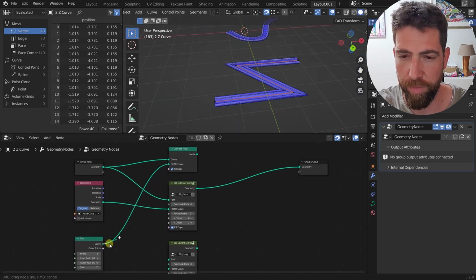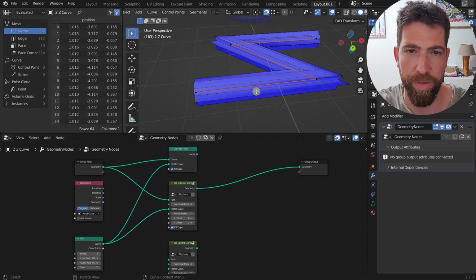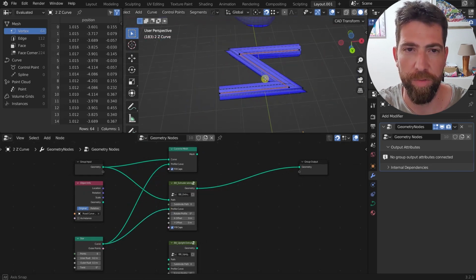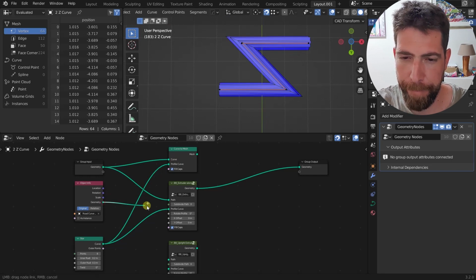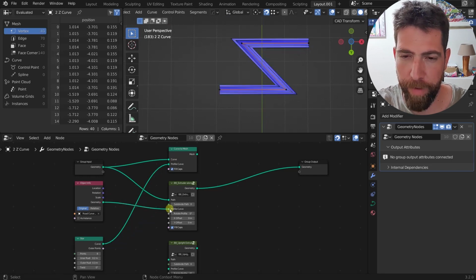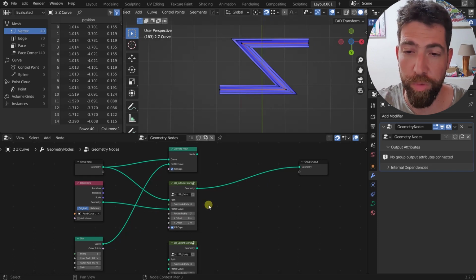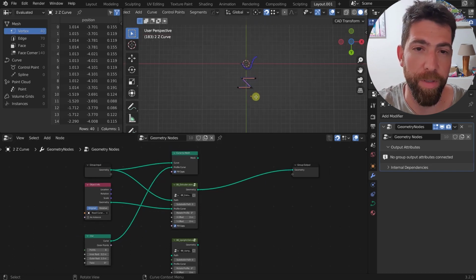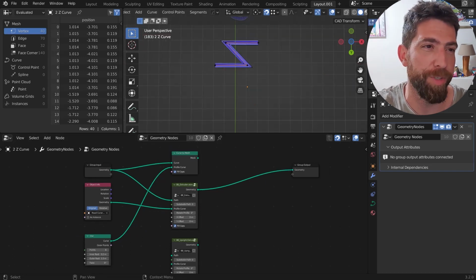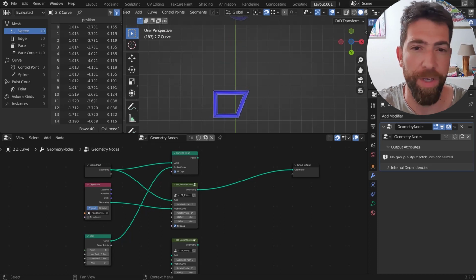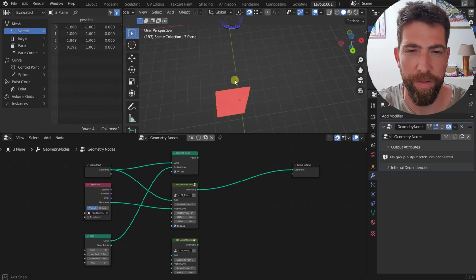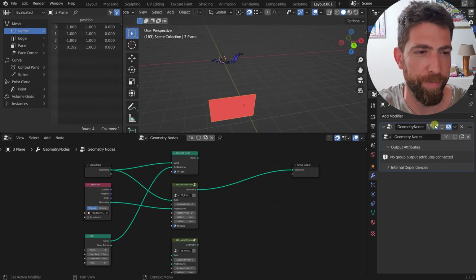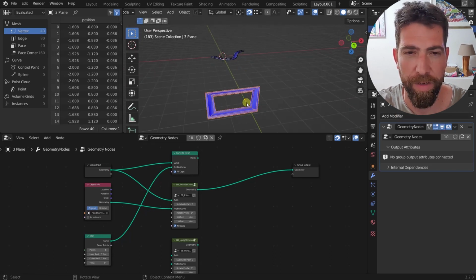And it would work also for another type of curve. Let's try this star, and it also works fine. Let's put it back like this. So this extruder also works with lots of different types of objects. For example, here we have a plane. If I turn it off, you can see this is just a simple plane. Turn it back on, and you can see it's